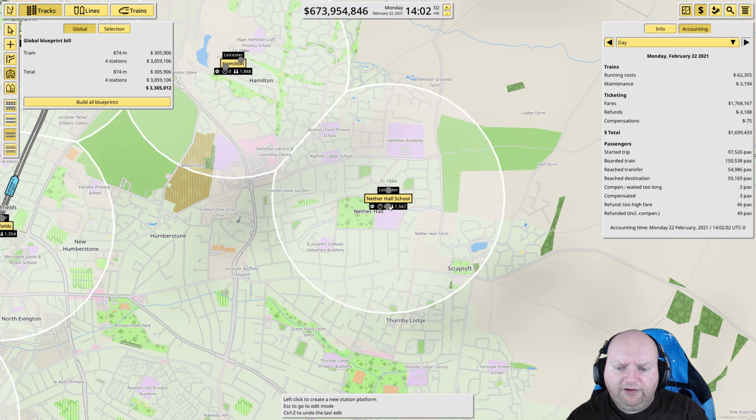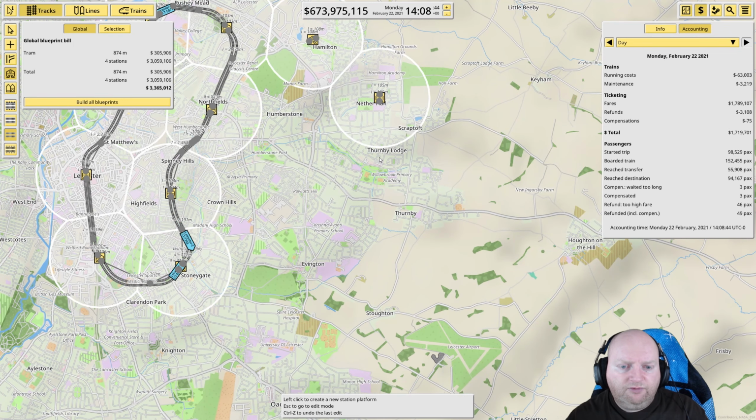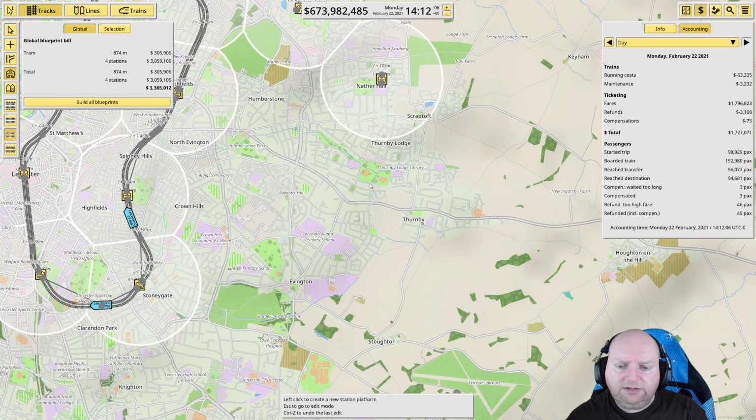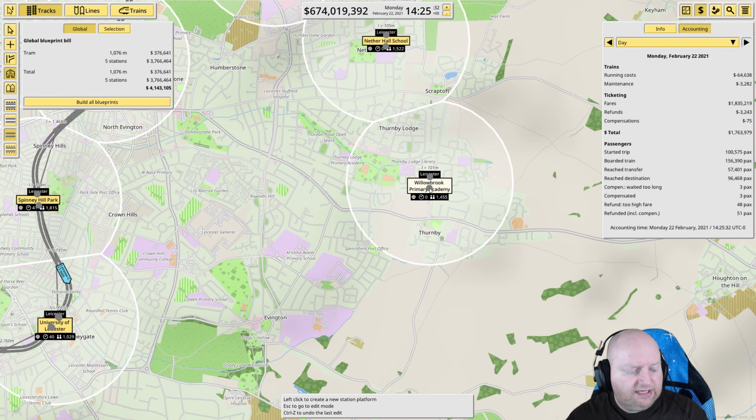We have to watch out for that river. Oh, river stops there anyway. All good. And then this one's going to run down here. So you're going to come over here, and I'm going to say we're going to try and grab as much of this Fernby here as we can. So I'm going to put it over here. That gives us a nice big chunk of